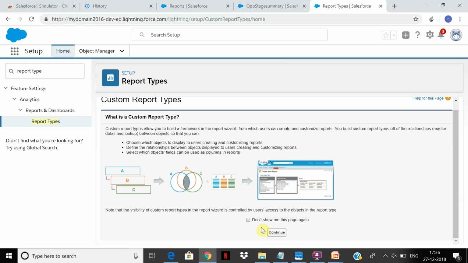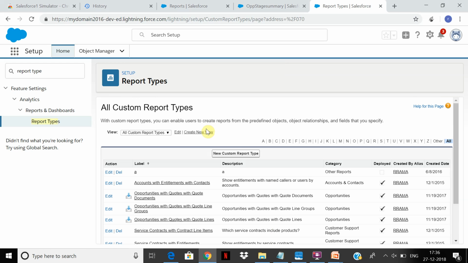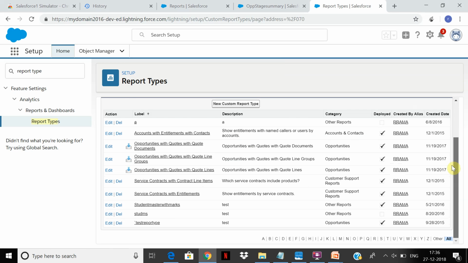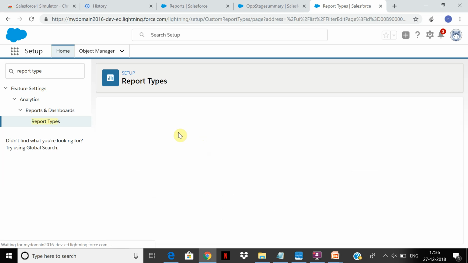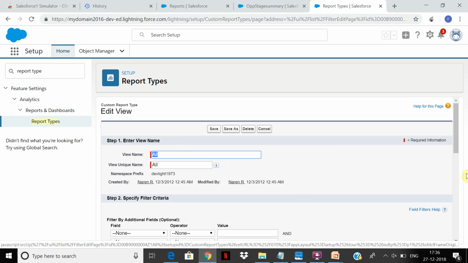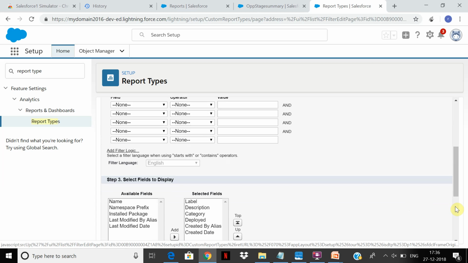This way you can see the visibility in the report is controlled by the user's access to the objects in the report type. Before we actually create a new custom one, there are existing report types already available. This is showing only custom report types. The standard report types are already there.